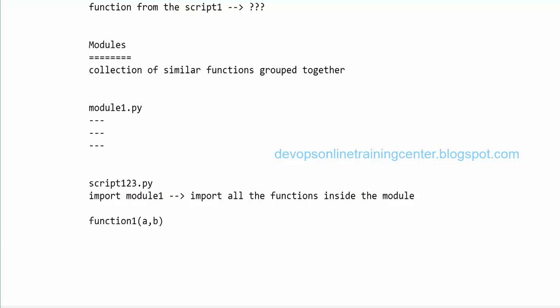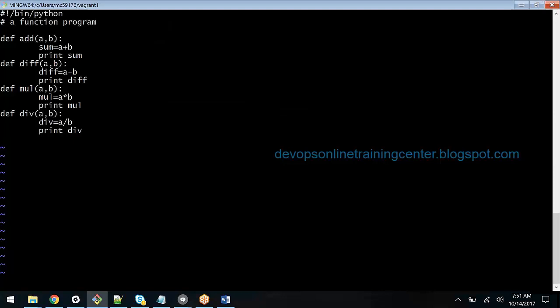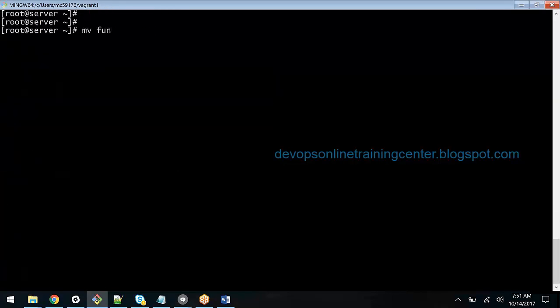So what is the keyword to be used to use the functions from other script? We need to group the functions together and we need to call it as a module, and that module we can use inside the script using import statement. Is this clear? Yes. Okay, so I have all these functions defined. Let me call this as a module. So I'll just move this function to